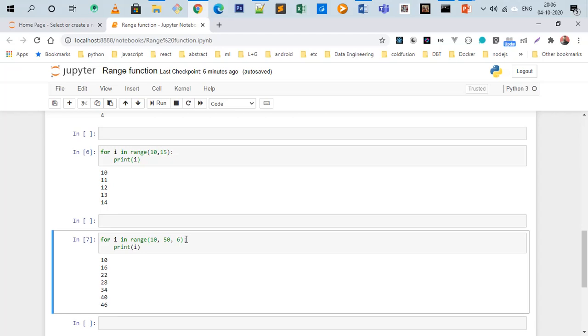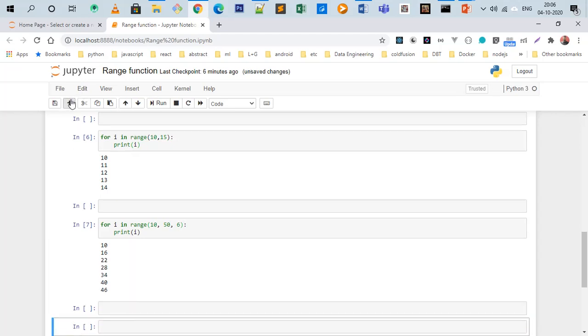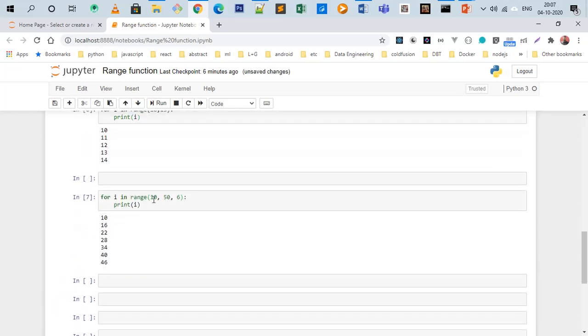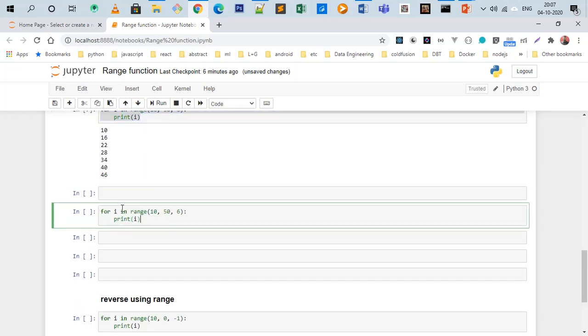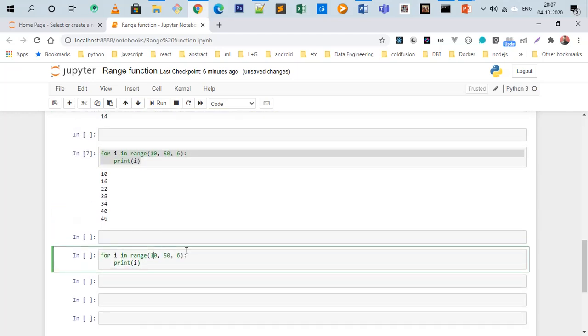There are some situations in which we don't want to increment by 1. We want to increment by 2. Like a simple example, I want to print out all the even numbers between 30 and 40. Let's do an example. Okay, we want to print out all the even numbers between 30 and 40.